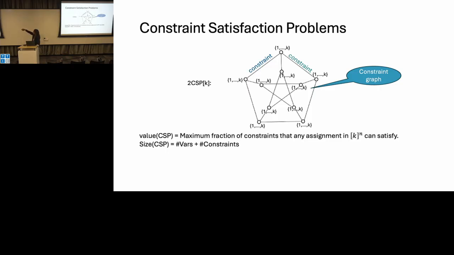And today, we will only focus on 2-CSPs, where each constraint only involves two variables. And it will be important for us that we'll fix the graphs and look at constraint satisfaction problems on very specific types of graphs. So for the talk, once given a graph, you can think of a 2-CSP on this graph as just graph coloring for simplicity. So any questions up to here?